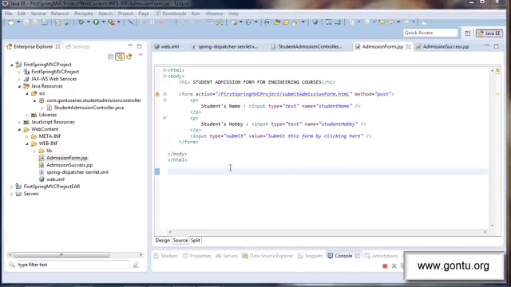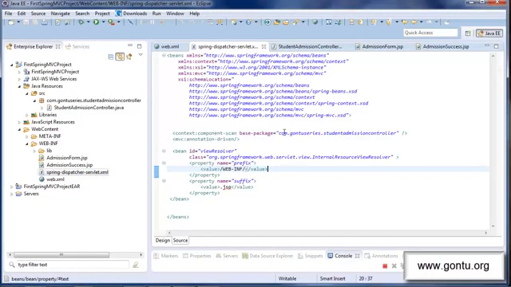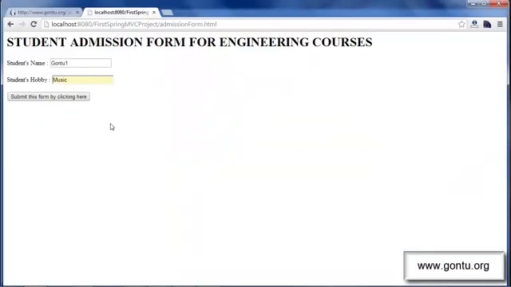So this JSP file will simply prepare a response using this HTML form and send it back to the front controller. And the front controller in turn would send this HTML form back to the client's browser. And the client will see a form like this on the browser. He will enter all required values in the fields name and hobby and will hit on this button, that is